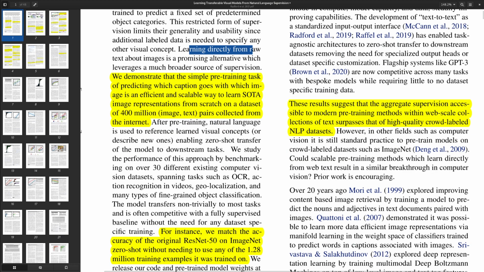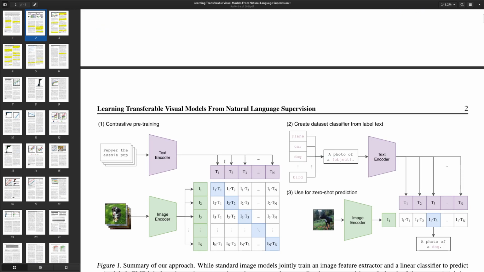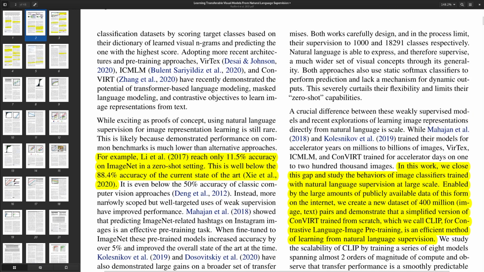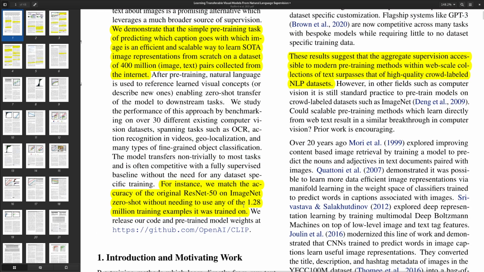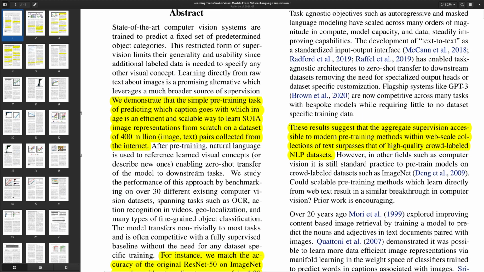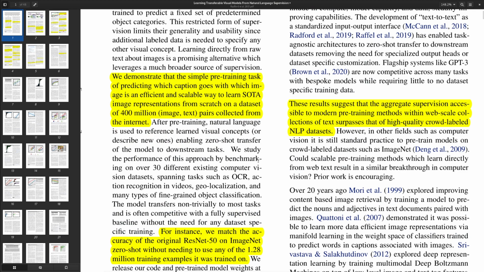So where's that? I wonder whether it's somewhere here. I can't find it now, but the idea, which I also mentioned in the previous sessions,